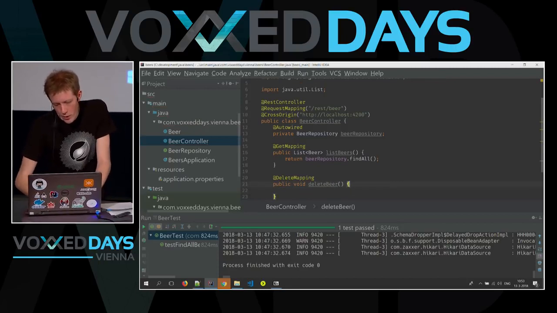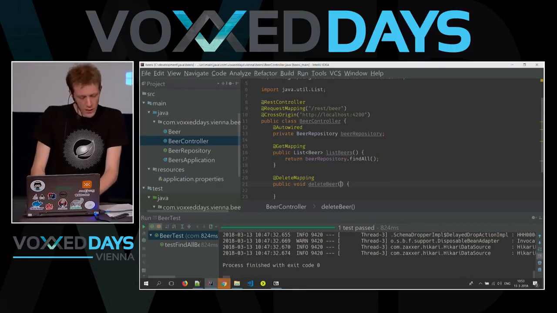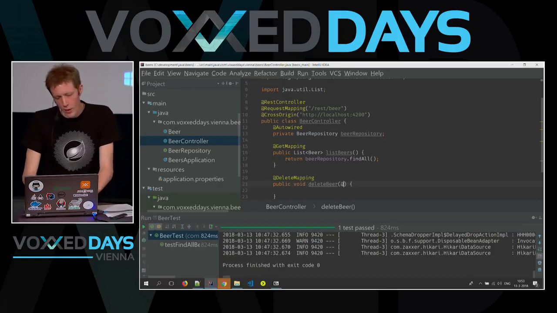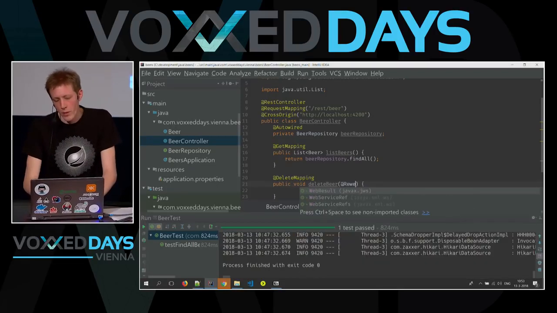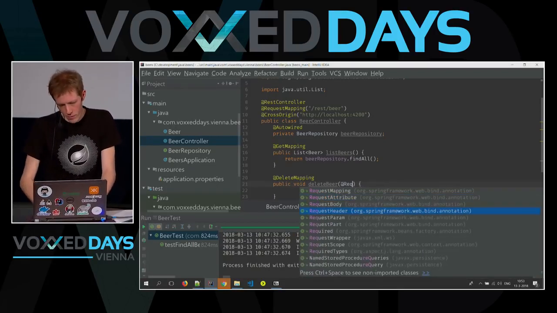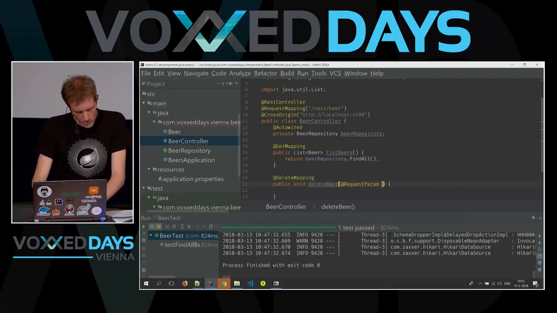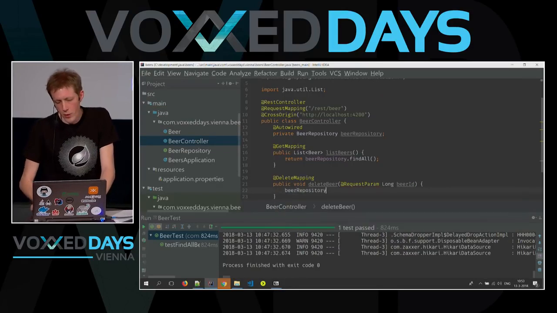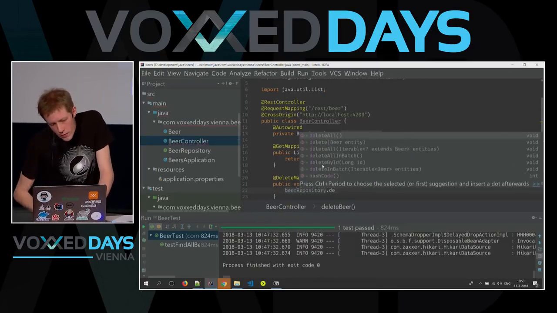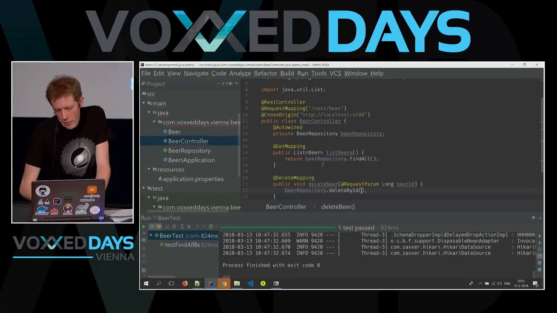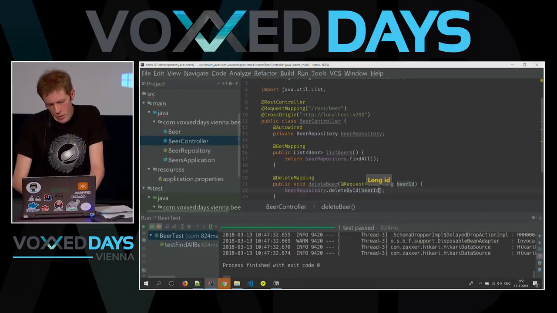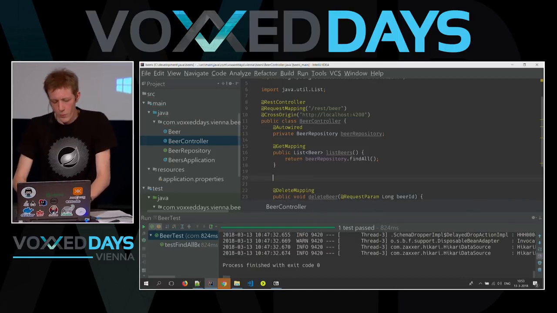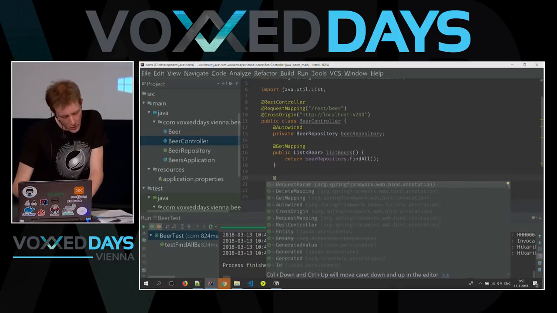When we are doing a deletion, we need to have the ID of the beer that we're deleting, which can just be sent using a request parameter. So there it is, and we can just tell the beer repository to delete by ID. Also, we need to be able to add new beers.